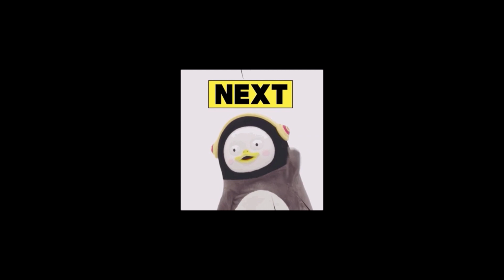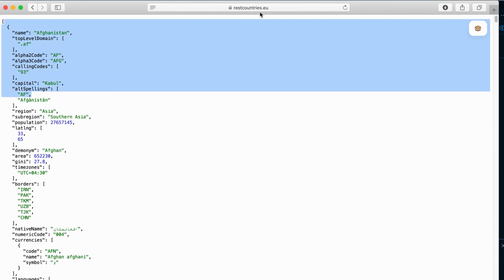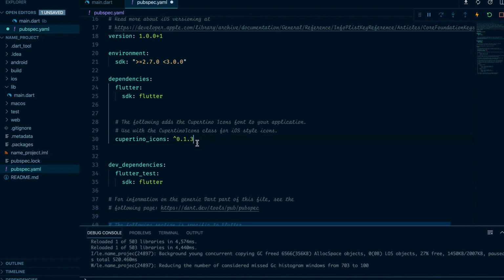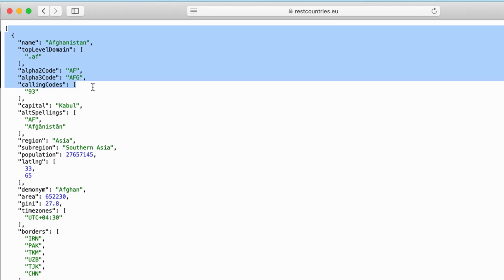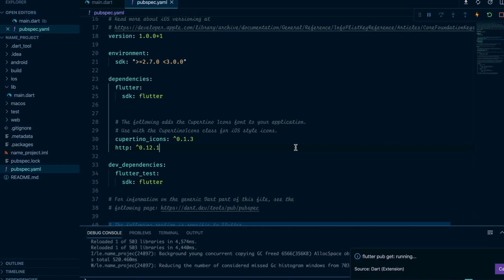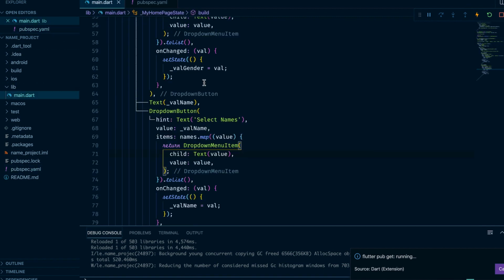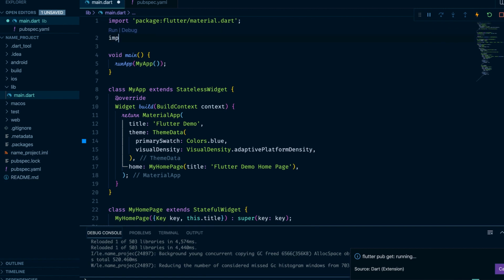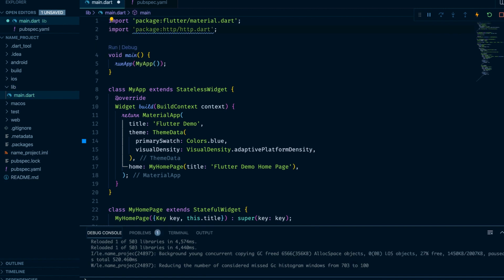Next is how to create a dropdown when the value comes from a REST API. First, you must set the HTTP dependency in your pubspec. In this example, we will parse country data from this REST API. After that, import HTTP on your page of the project. If you have learned advanced Flutter, you can separate logic and view. But in this tutorial, I will show both in one widget.